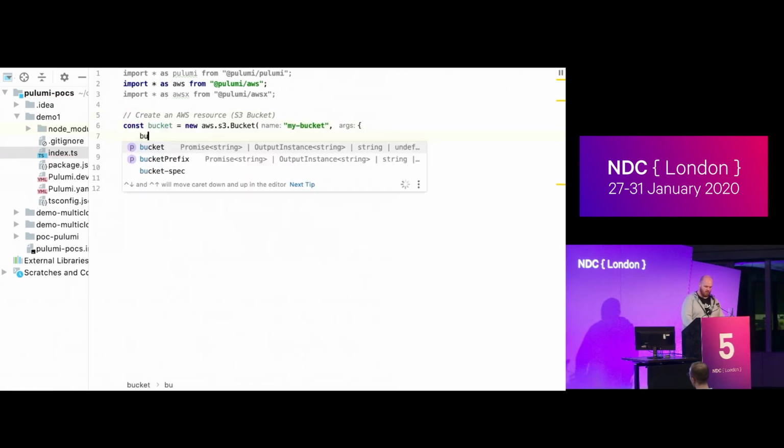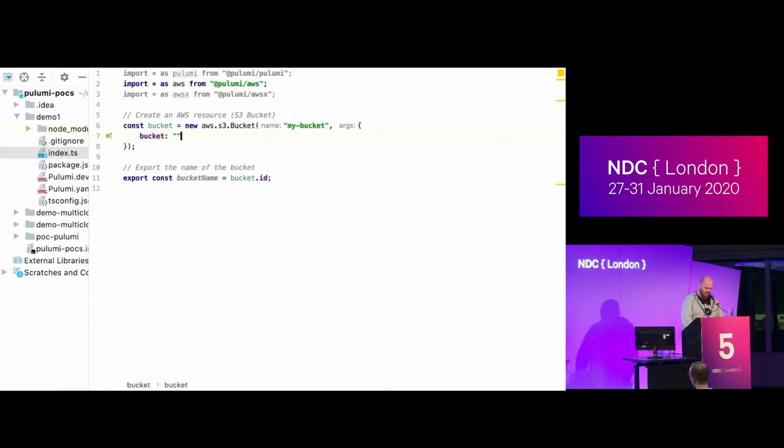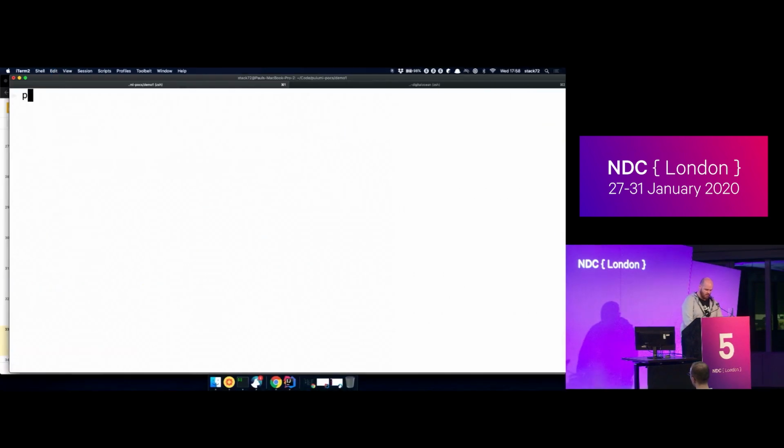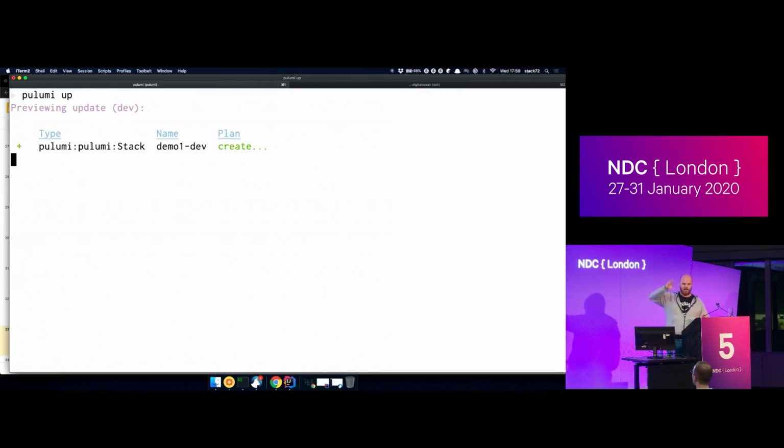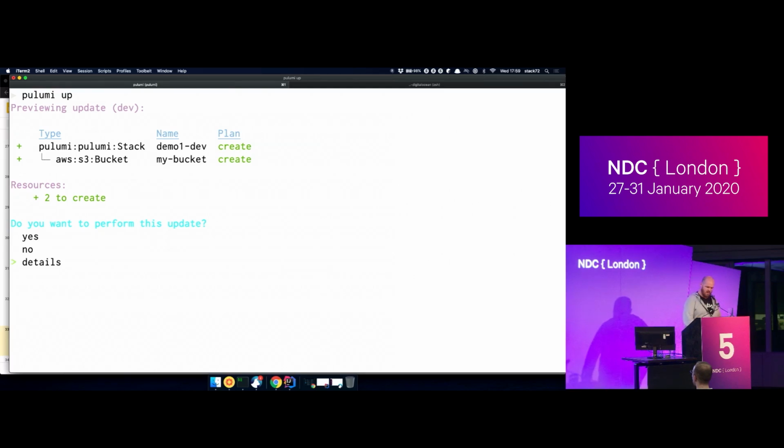And by saying in bucket, for example, I just know them off the top of my head, I can actually say NDC demo 1. And it will now explicitly call the bucket the NDC demo 1. Now, if I go back to my terminal, and if I run Pulumi up, it will try and diff what I have locally compared to what I have in my cloud, and it will tell me what it's actually going to do. So the first thing it does is it tells me it's going to create the stack, and then it's going to tell me it has to create the bucket because it doesn't exist,